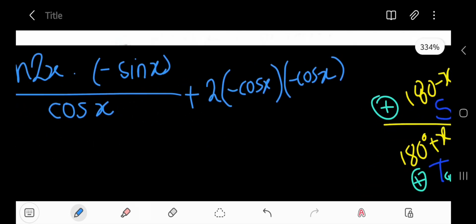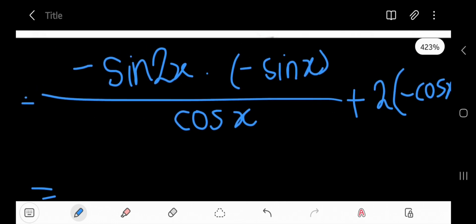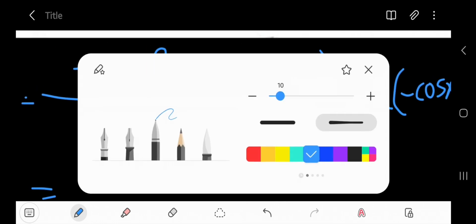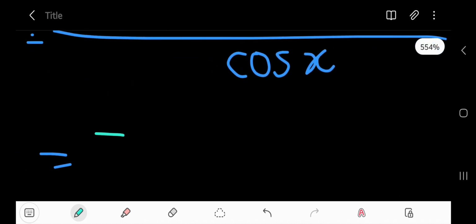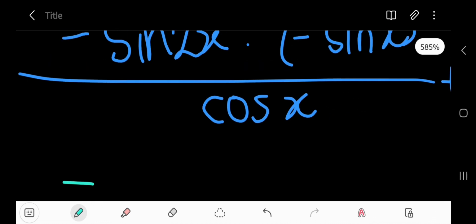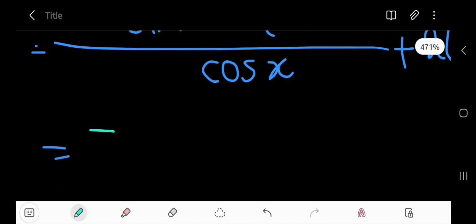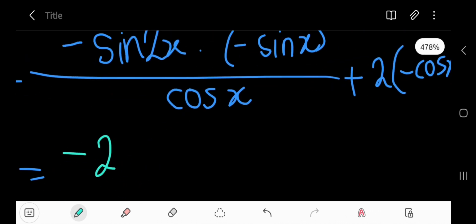Right? And yeah, the rest is history. Let's just simplify this. So now what we have there is negative sine 2x. Hey, this looks like something. It looks like an identity. So let's just change it in the meantime, because at the end of the day, we're trying to simplify. So if we can change that, we can at least cancel something with something and then find our way forward. So that is 2,